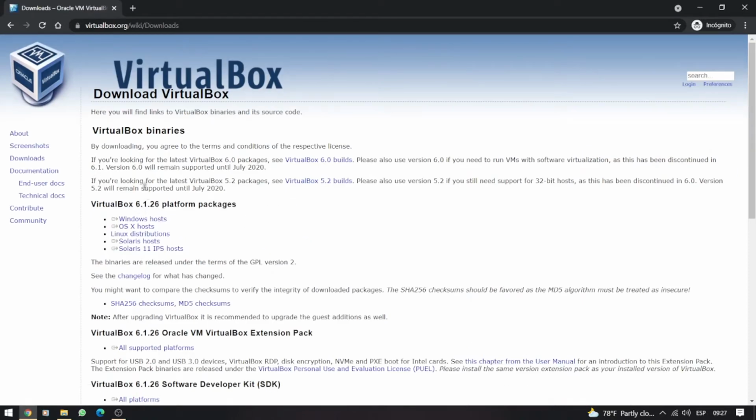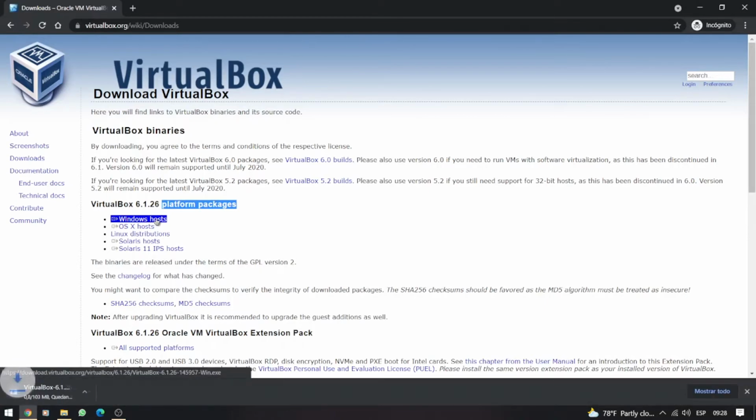and in here you're going to see that it has different platform packages. This means that it can be installed on different operating systems, as I mentioned. So we have Windows host, we have OS X, which is macOS, and we also have different Linux distributions. But since we're using Windows, we're just going to go here, and it will automatically download the version